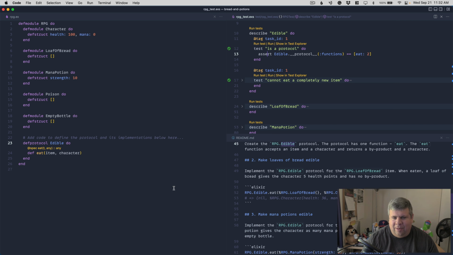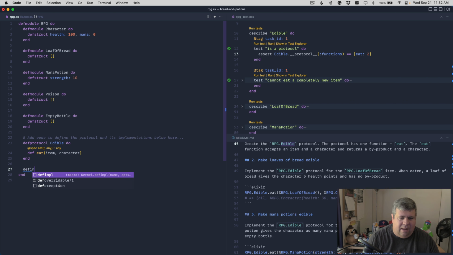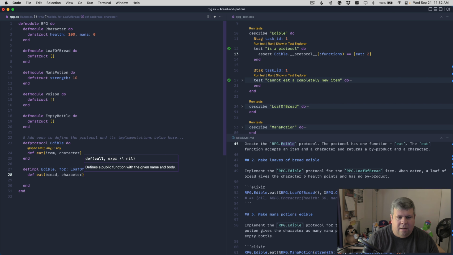Edible protocol. Okay. So we'll say define implementation of edible for a loaf of bread. So when this happens, eat, we'll say bread, character. What is it supposed to do? When eaten, a loaf of bread gives the character 5 health points and has no byproducts. Okay. Oh, so it returns a tuple. Okay. So nil and